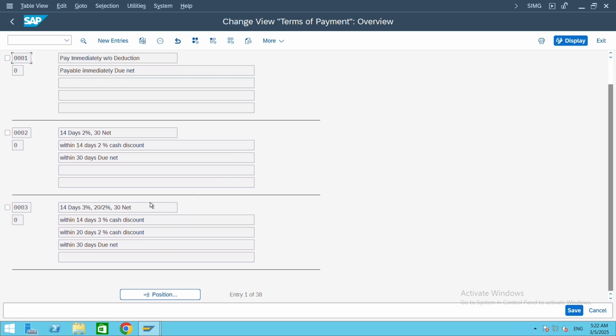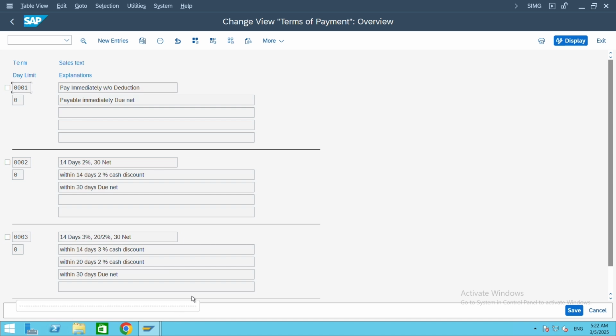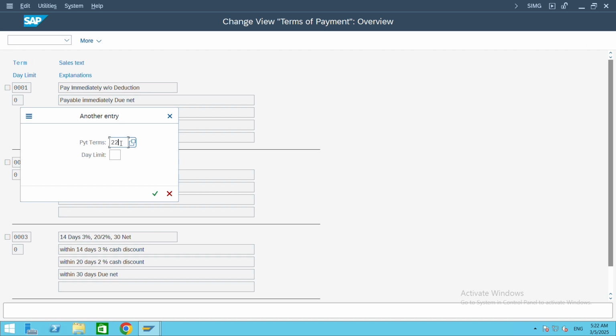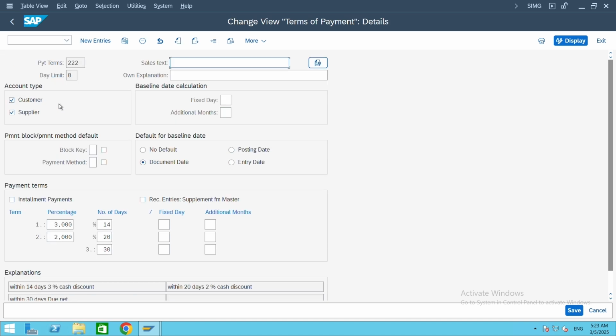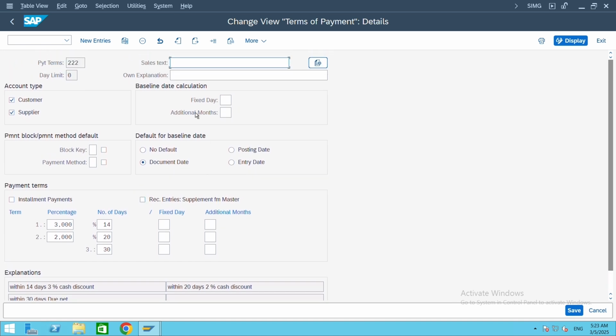We have already created a payment term, that is 222. Give 222. If you scroll down you will find Position. Click on Position, give the payment term 222 and click Continue. Here double click on this payment term 222. If you see here, the payment term name is 222. In the short text we need to give 222 30 days